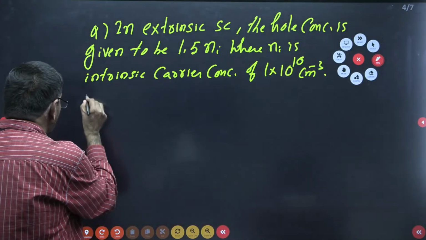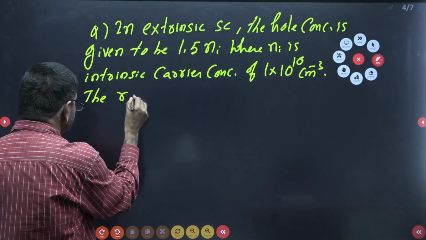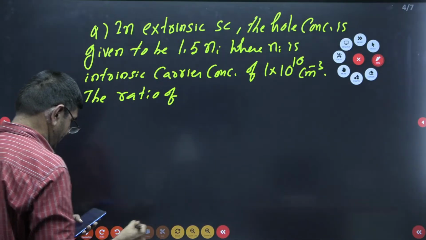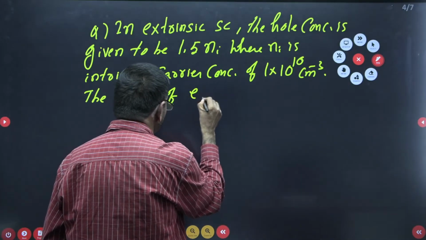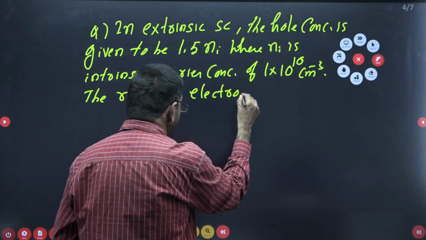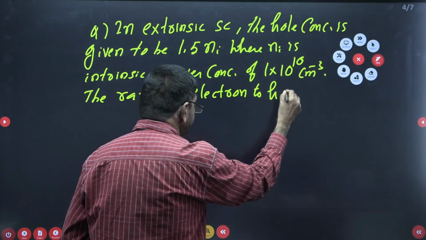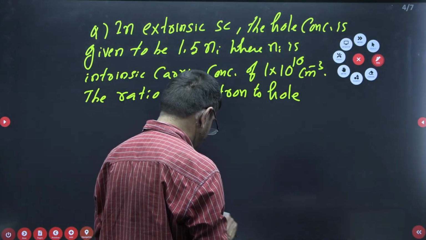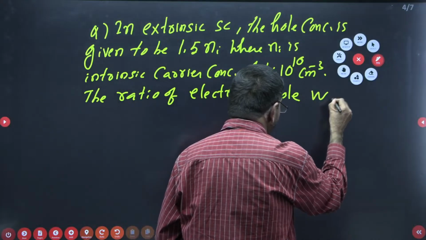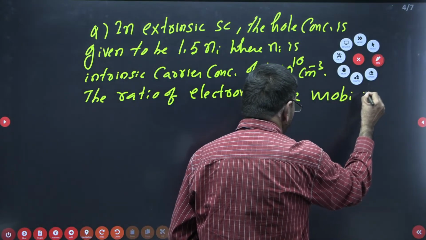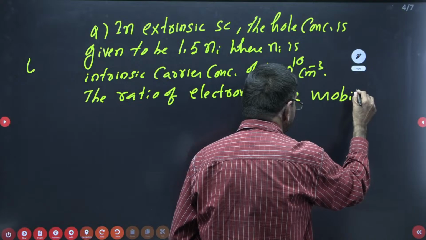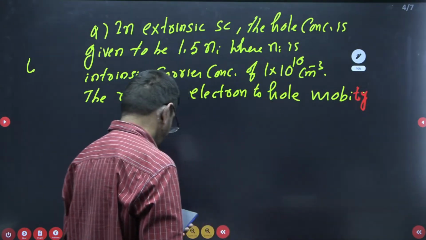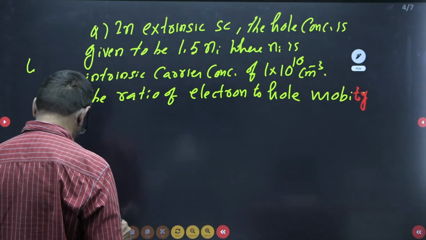The ratio of electron to hole mobility for equal